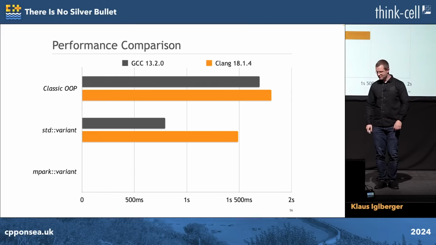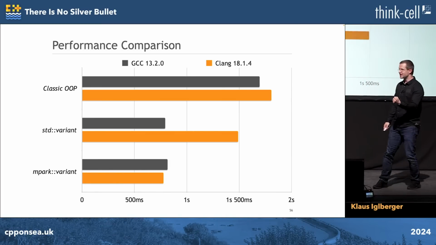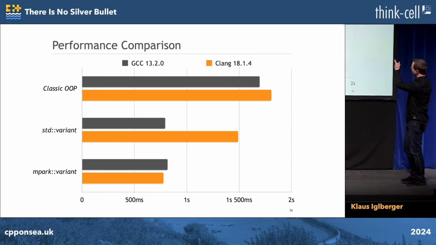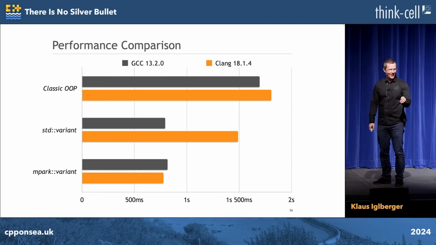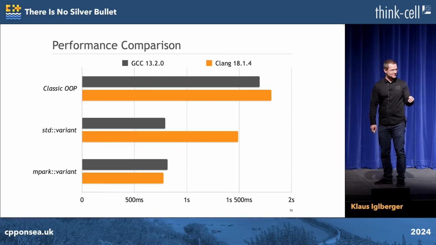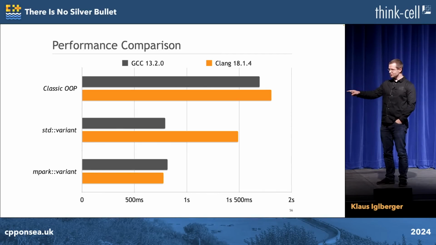and okay, now people complain, but Clang is slow. Okay, then this is why I threw in an mpark variant too. Faster, much faster. This is pretty much 50, 60 almost percent faster. Wow, amazing, isn't it? Absolutely amazing. So imagine if you now go home and replace all your inheritance hierarchies with std::variant.